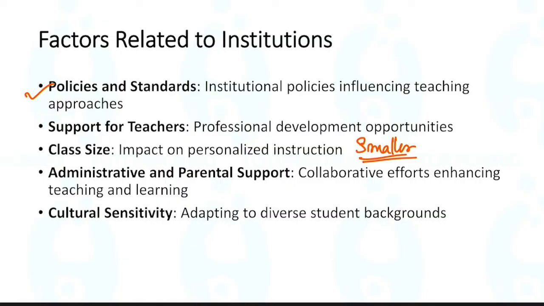Then the administrative and parental support. See, parental involvement is also very important. The level of parental involvement and support can actually affect the teaching outcome. There should always be a collaborative relationship between a teacher and a parent, such as a parent-teacher meeting in which they can discuss how the student is doing, the student's success and academic progress. If that is clearly discussed between the teacher and the parent, they both can find the flaws and come to a proper solution for each and every student.